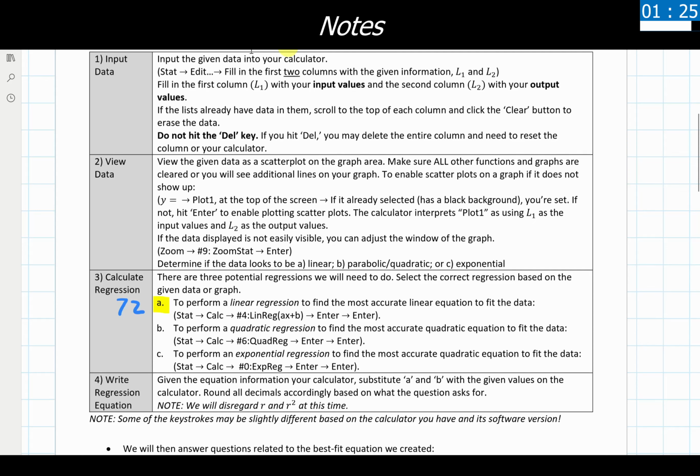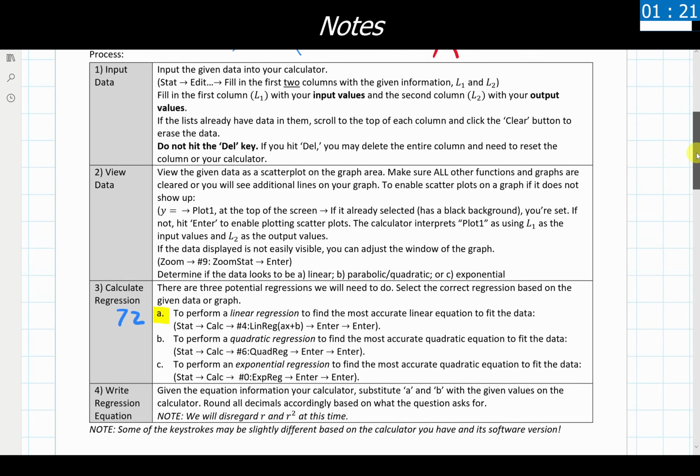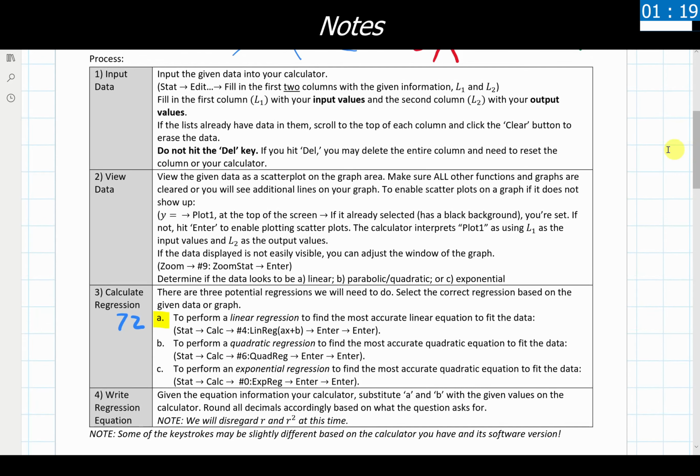So this is the step that will make or break every single thing that we do in the rest of this process. And the calculator isn't going to tell you that your information is wrong, so you need to make darn sure that what you're entering into your calculator is exactly what it should be.